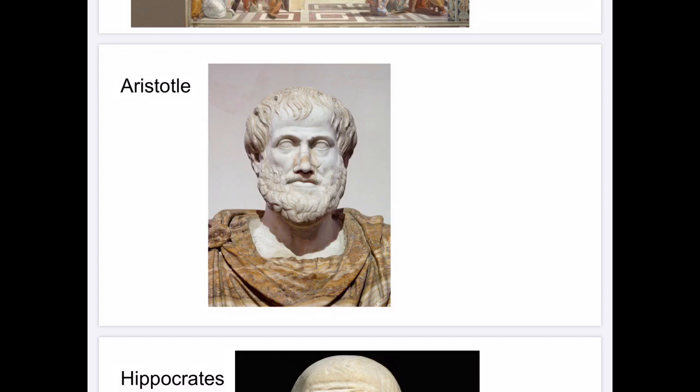And then the last part of his physics was a geocentric system, meaning that the Earth does not move; the sun, planets, and stars move around the Earth. These were ideas that he came up with by observing the natural world. And we have since essentially scrapped all of these ideas, but that is